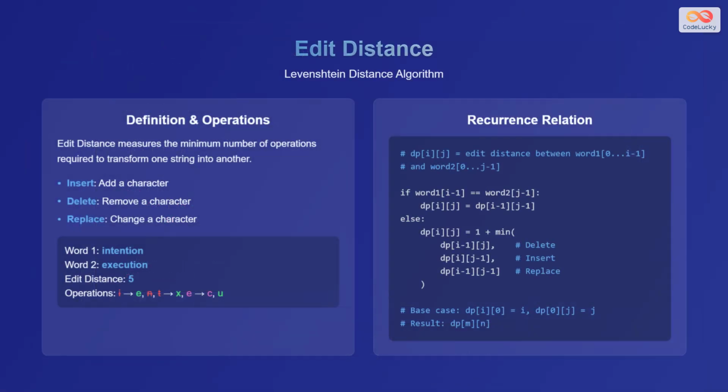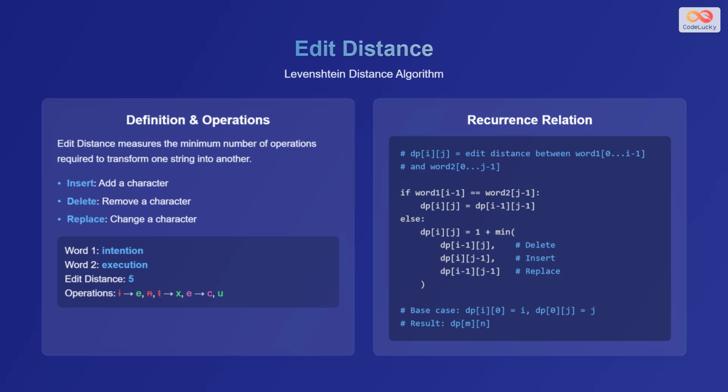Let's explore the edit distance problem, also known as the Levenshtein distance algorithm. Edit distance measures the minimum number of operations required to transform one string into another. There are 3 main operations: insert, which means to add a character; delete, or remove a character; and replace, to change a character. As an example, the word intention can be transformed into the word execution with an edit distance